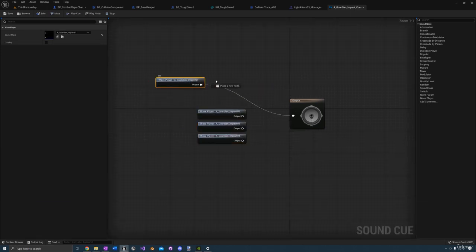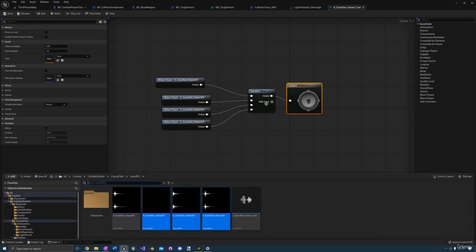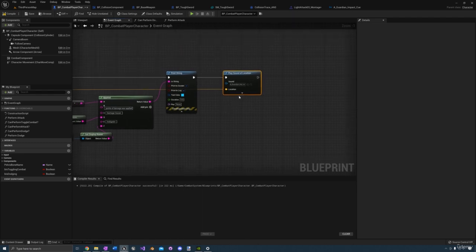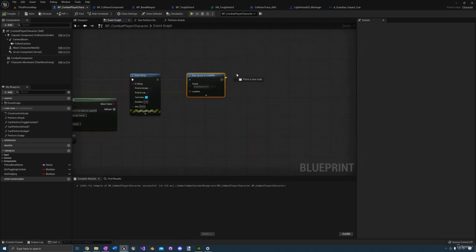And we can add a random node here. Okay, now save. And now let's select the cue, compile and save. And the next thing that we can do is